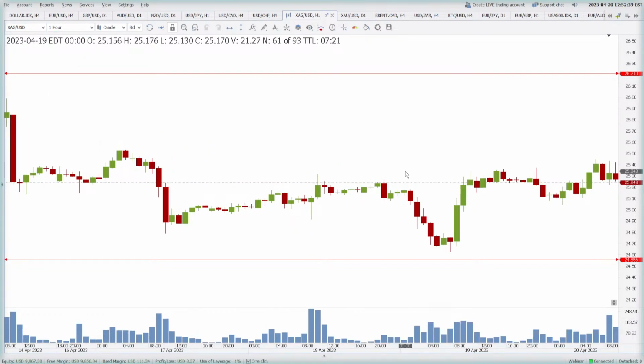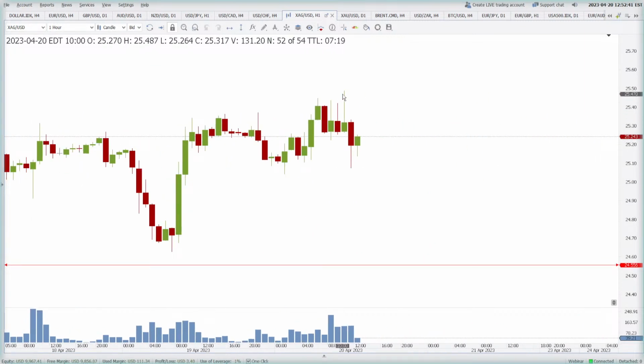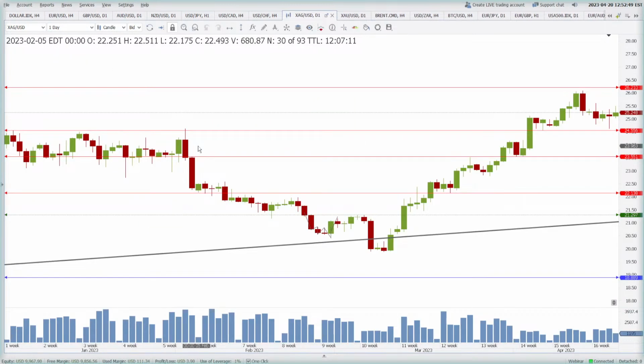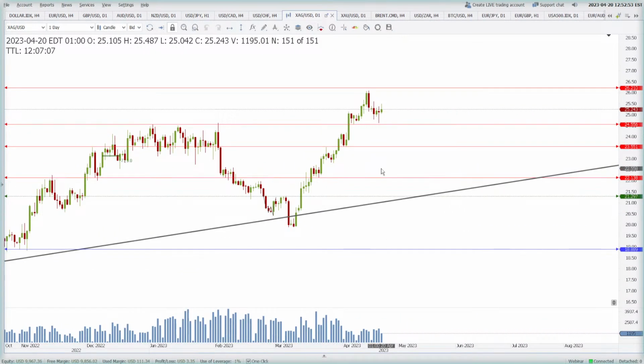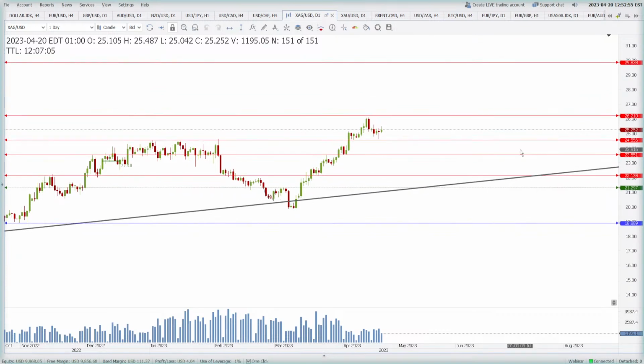I will show you on the 1-hour. See, it went higher but it could not keep the gains. But the point here is that on the lower levels it is still getting bought. So I'm expecting a huge move in the silver, even above 26.21. I'm expecting 29.83 now in the silver because there has been much consolidation.